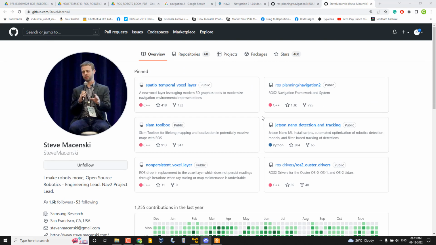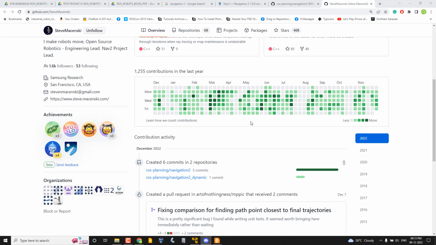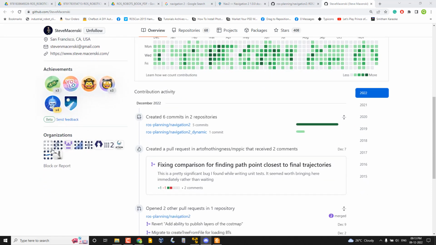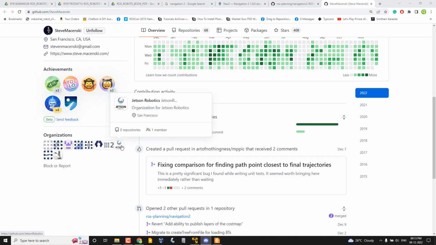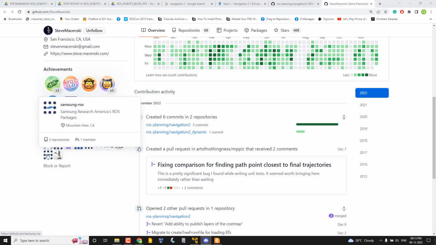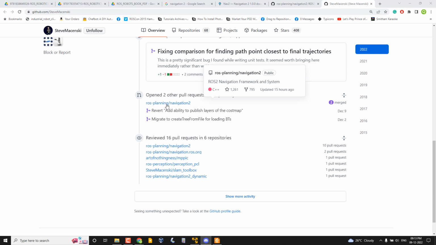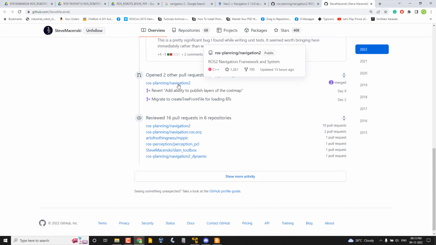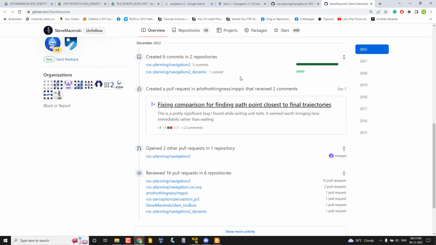So this guy, from this contribution chart you can find he's very active on GitHub. That means he's contributing something, and these are the organizations he's contributing to: ROS Perception, ROS Planning, ROS GPP, ROS Device, Open Robotics, ROS 2 Release, Jetson Robotics, then Samsung. He's working at Samsung. So he's the main author of Navigation 2, and